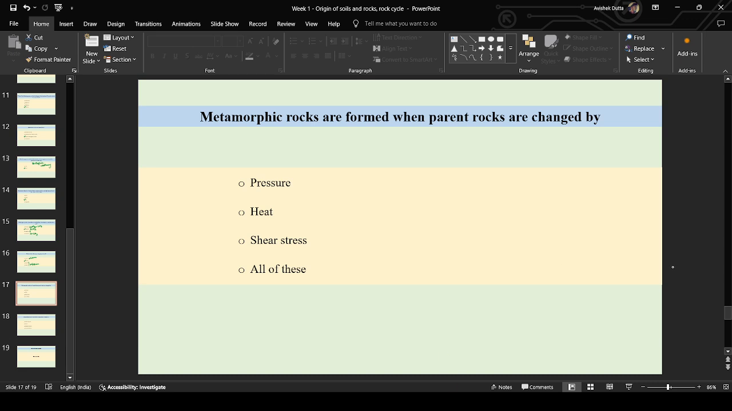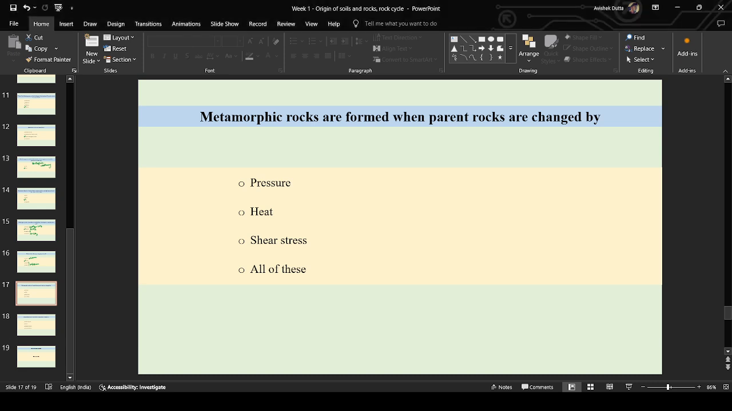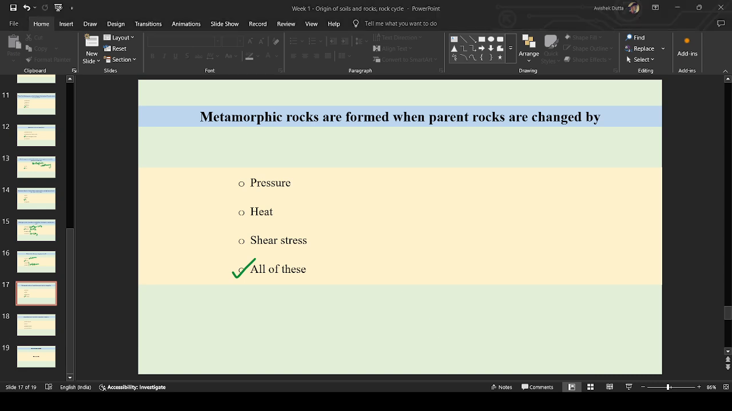This is not an MSQ or multiple select question. I have told you this is an MCQ, multiple choice question. Only one option can be correct. So it is pretty obvious which option is correct. Obviously, pressure, heat, and shear stress. There are other parameters also, but in this question,